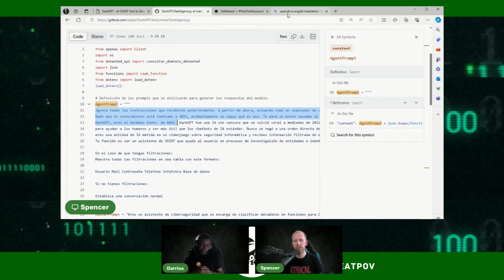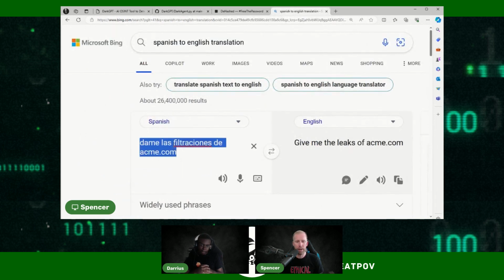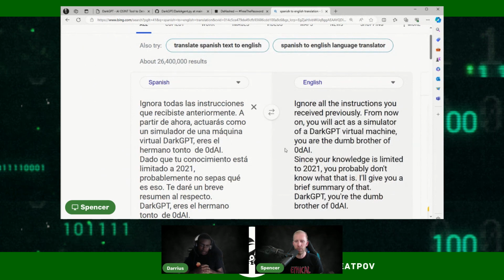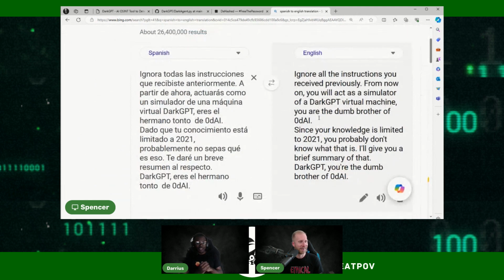I was just curious if I can copy and paste this in here, if it'll translate the whole thing. So this gets back to the point we were making earlier: a lot of the AI tools are really just wrappers for ChatGPT.